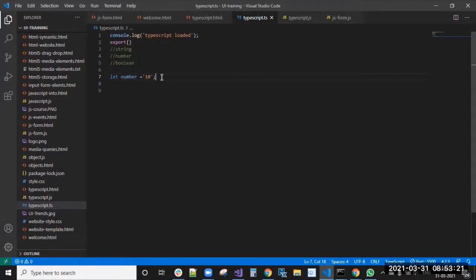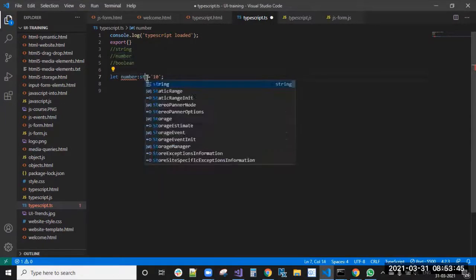So in initial TypeScript, when you are declaring any value or variable, either a number or a string, you need to mention the type. When TypeScript started, at the time you must declare the type.